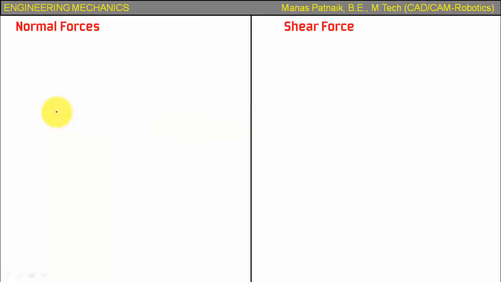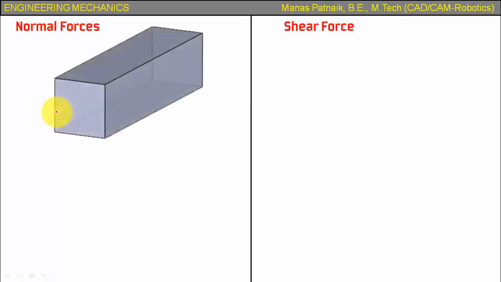Guys, in order to clearly understand the concept of shear forces, we first need to know what exactly we mean by a normal force. Now, if you watch carefully, here we have an object which has sort of a square cross section. Okay, now if we can have the axis, yeah, here it is. I'm going to be applying axial forces at both the ends. This is the starting end and this is the rear end. Okay, now let me have the axial forces.